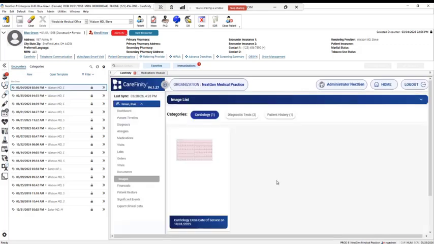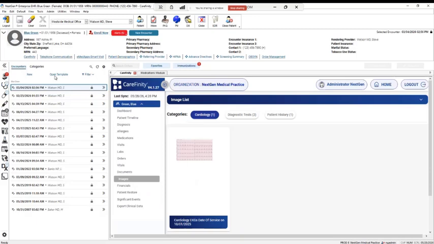Images are going to be all of your scanned image data, whether it's images or data that's in document management, or it could be images that are attached directly to the patient record through the EHR. The way we do that in CareFinity is through the view category. So you'll see all of the different view categories this patient has, along with the thumbnail of those images that